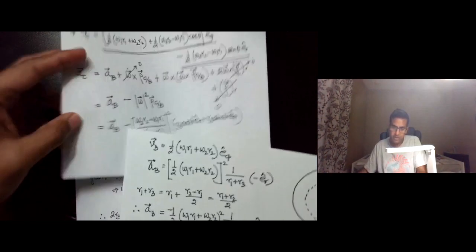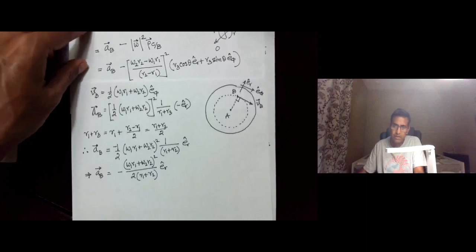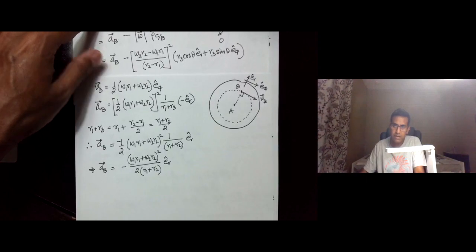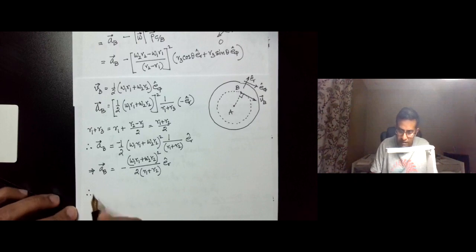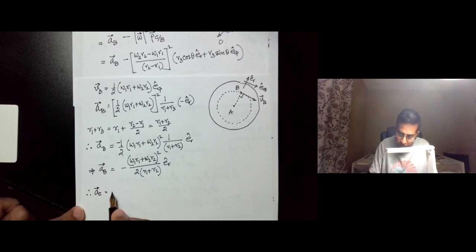Putting everything together, AC is equal to minus (omega 1 R1 plus omega 2 R2) whole squared over 2 (R1 plus R2), ER,